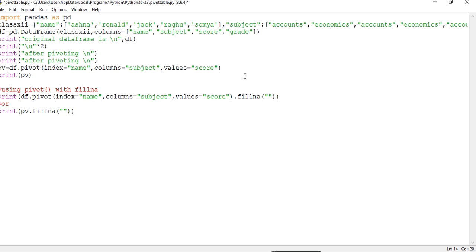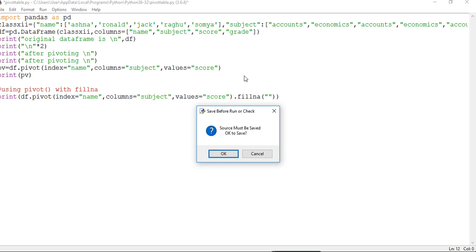Or you can also write this simple statement, PV dot fillna, because we have already stored the pivot table in the PV variable. So we use this method. Let's see the example.